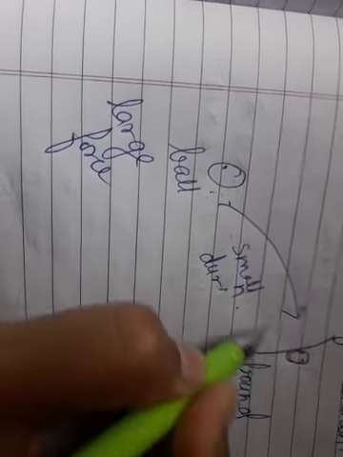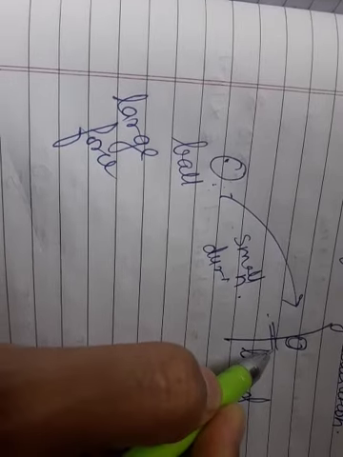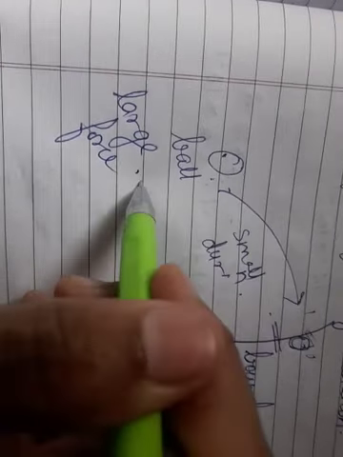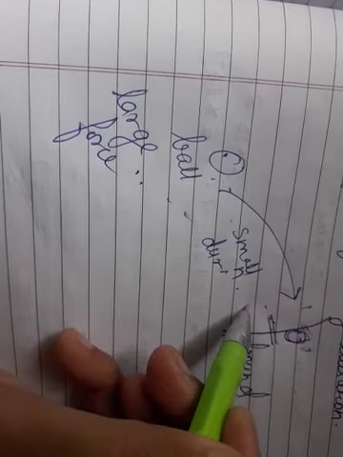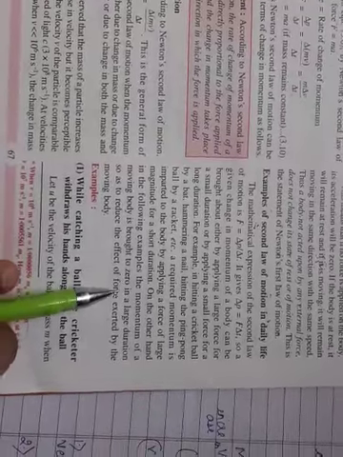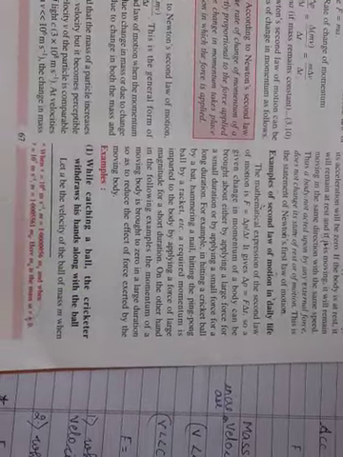Why does it come to zero? Because the body comes to rest, and it reduces the effect of the force. So we say that in the following examples, this is the explanation: momentum is brought to zero in a large duration so as to reduce the effect of the force exerted by the moving body. The moving body is brought to rest in a large duration so as to reduce the effect of force.